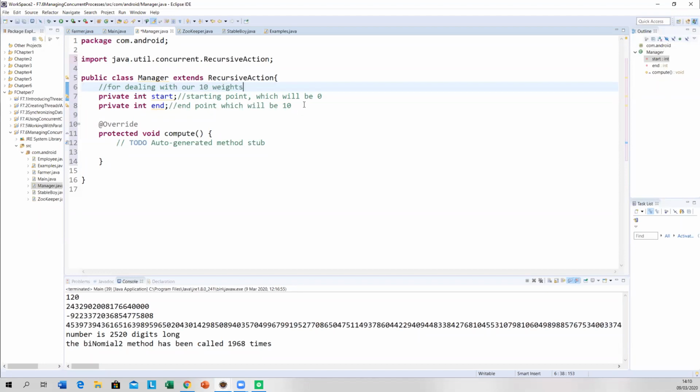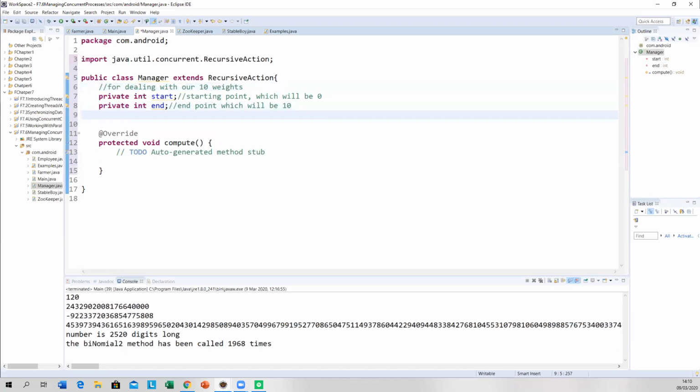And in here as well, I'm also going to have an array, private double weights. This is an array of 10 weights. Now, it's not an array of 10 weights.